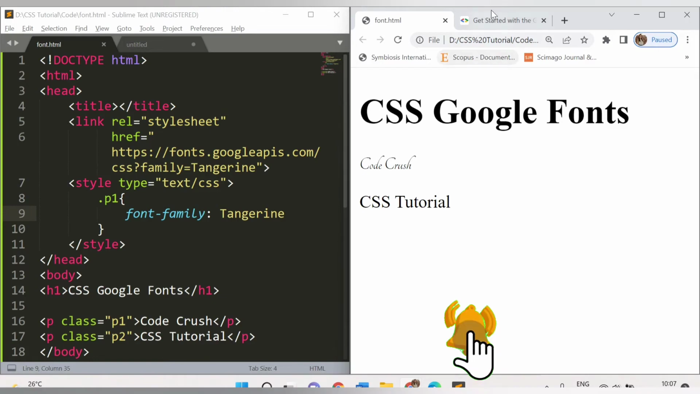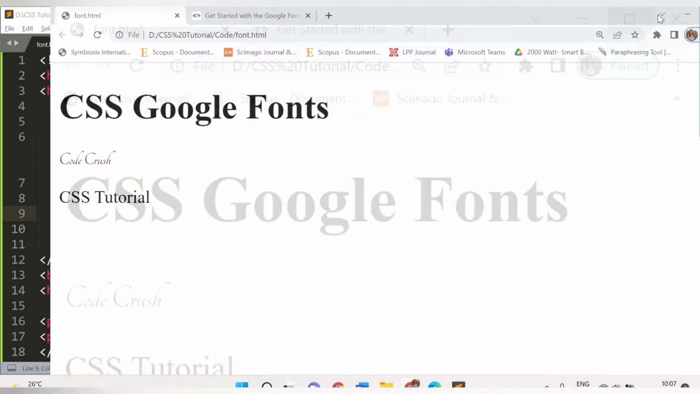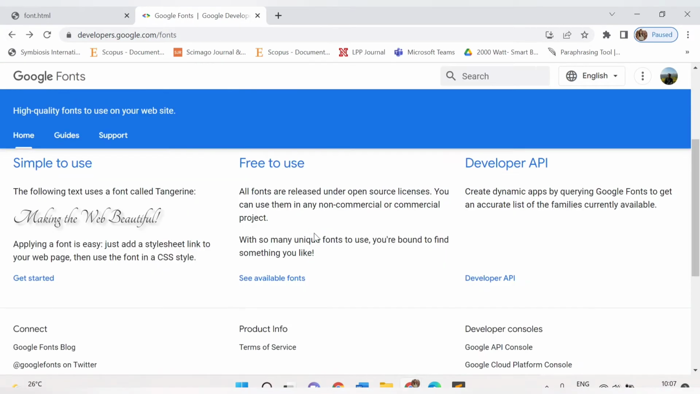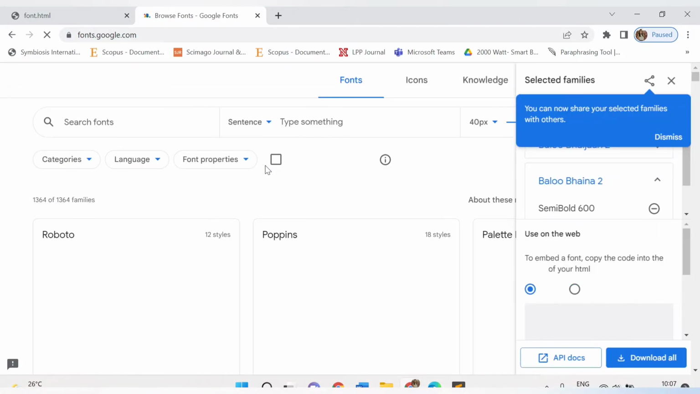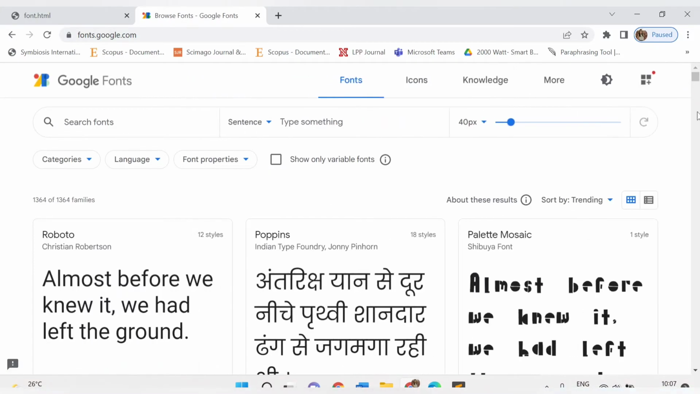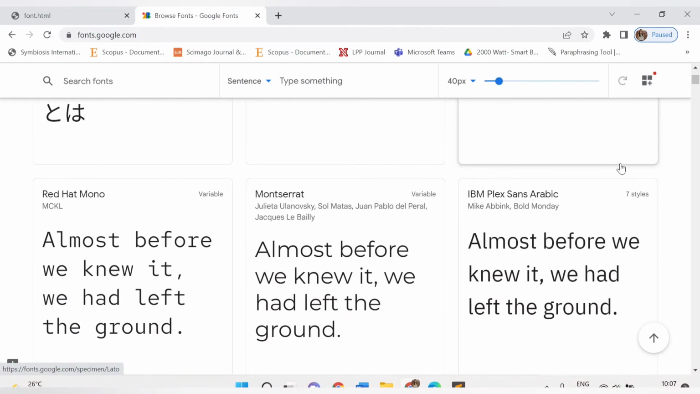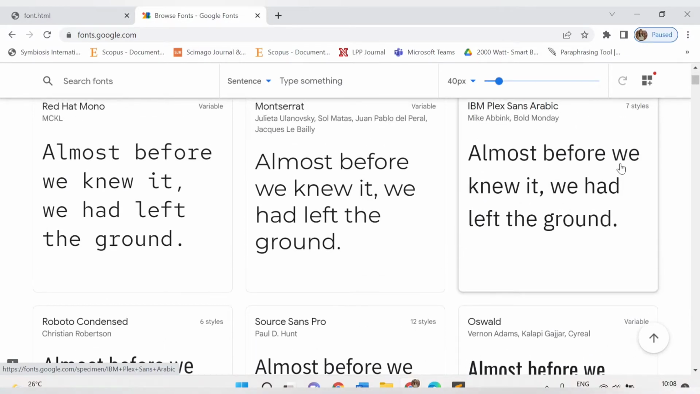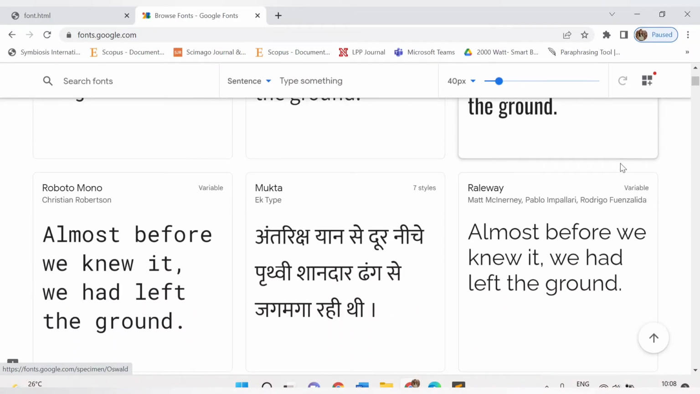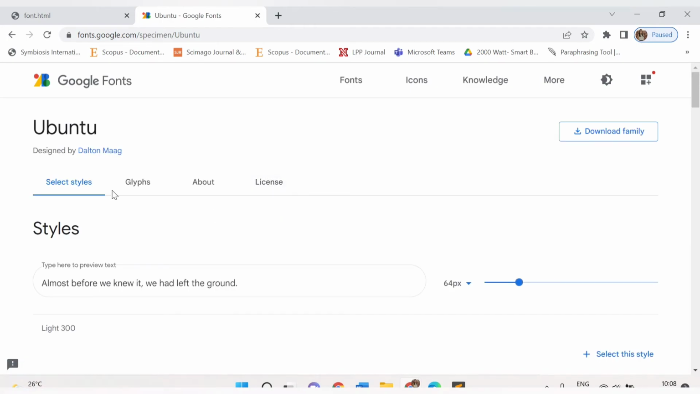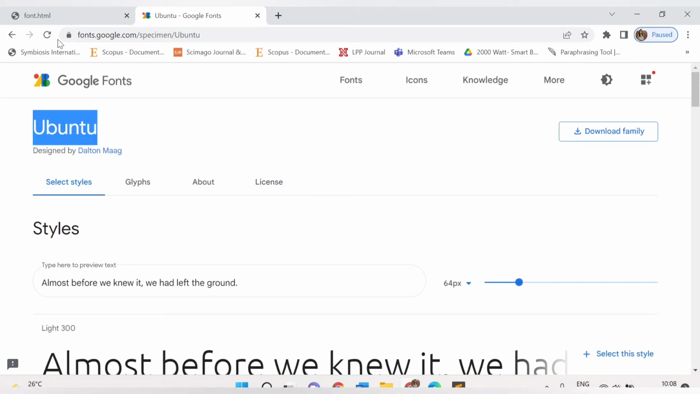Let's add one more font here. If you see here in the Google fonts, you click back here, then you can see free to use. Here you can see multiple fonts available, so you can select any one of them. Let's say I want to make use of this font. This is Ubuntu, right? I will copy this font name,